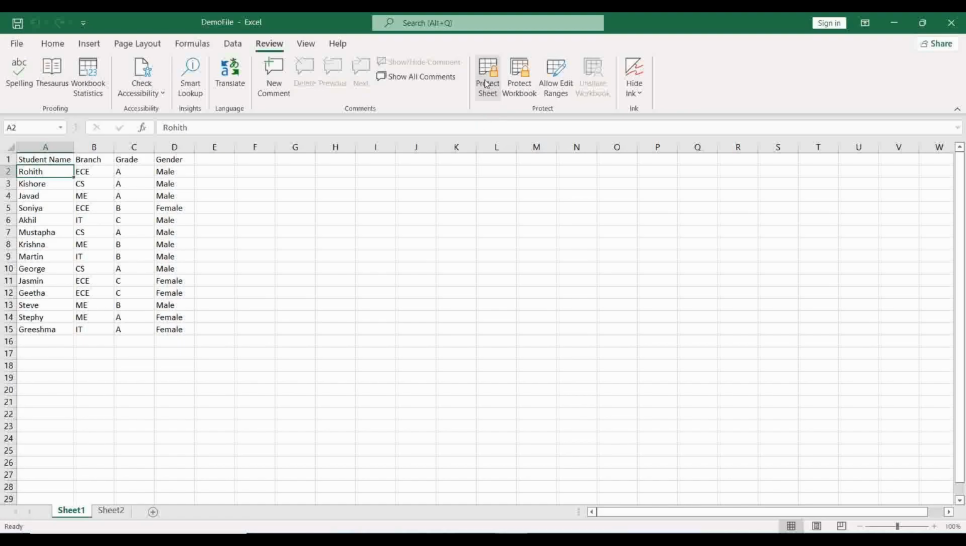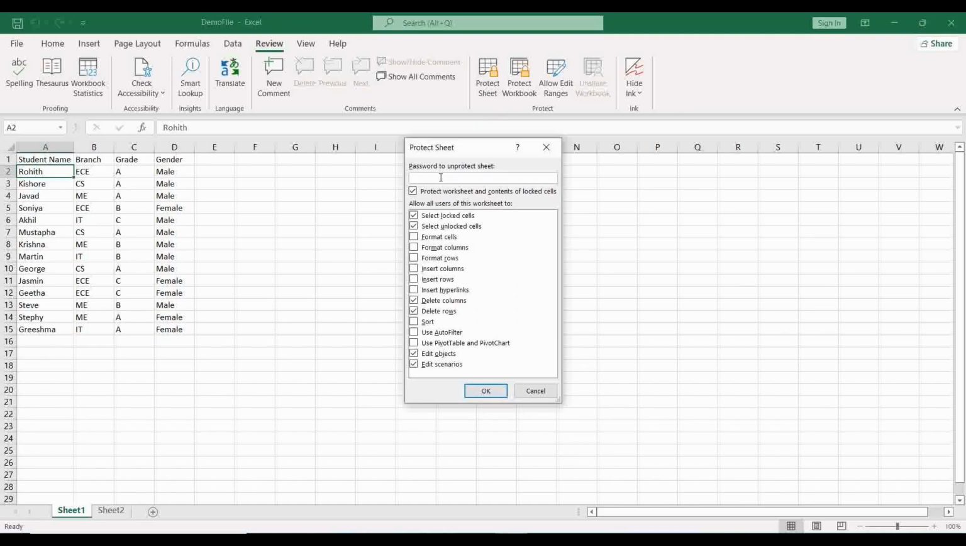Okay, so let me click on this. If you click on this, it will ask for a password. And here at the bottom you can see different privileges. If you are giving some privilege like insert row, insert row means for that particular sheet he can insert new rows. But if he wants to use some other